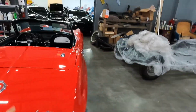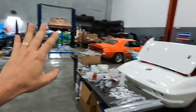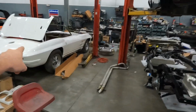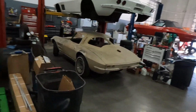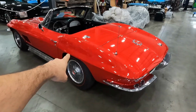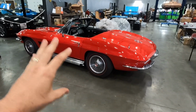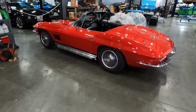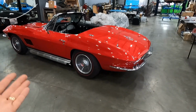This is what I love to do best. I'm capable of taking cars that came in basket case form, like this one and that one, and I make them beautiful cars. That's what we do here. But I can also take the best in the country and improve it. I've done this a lot. I've done it both ways. I've also done cars where I'm just doing it by the book and I'm improving it points wise. You bring it here with a judging sheet and say, hey Junior, how can I improve my car to make it